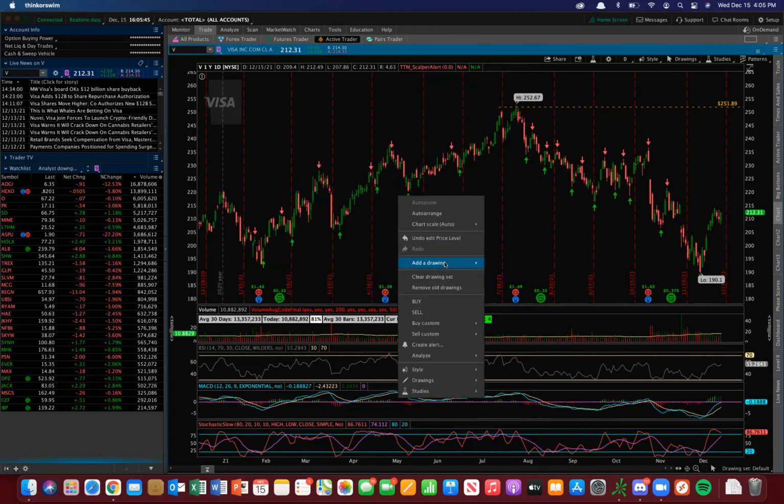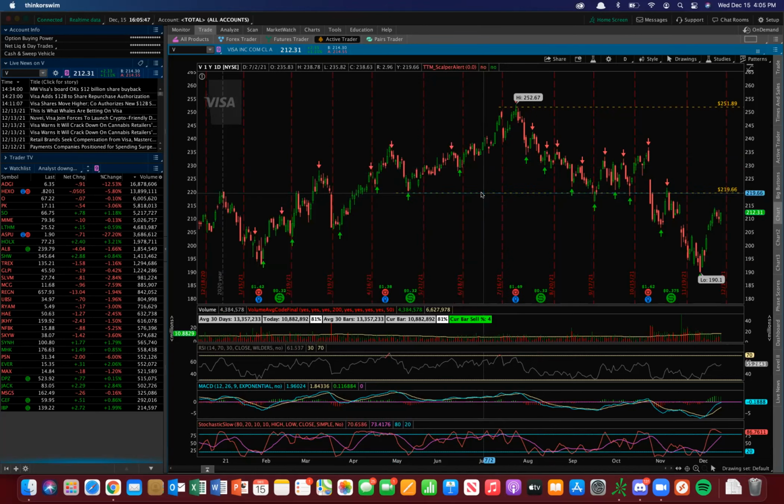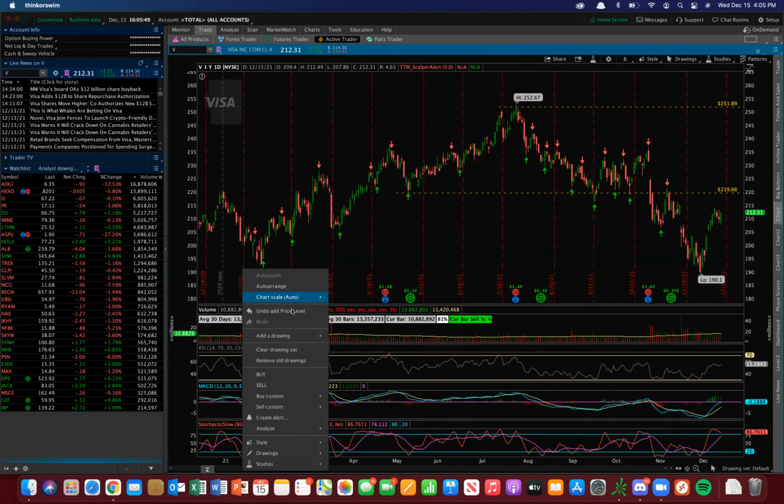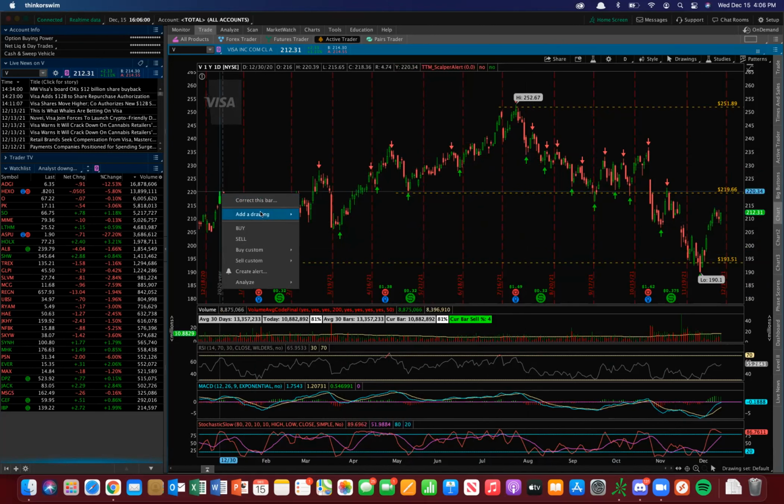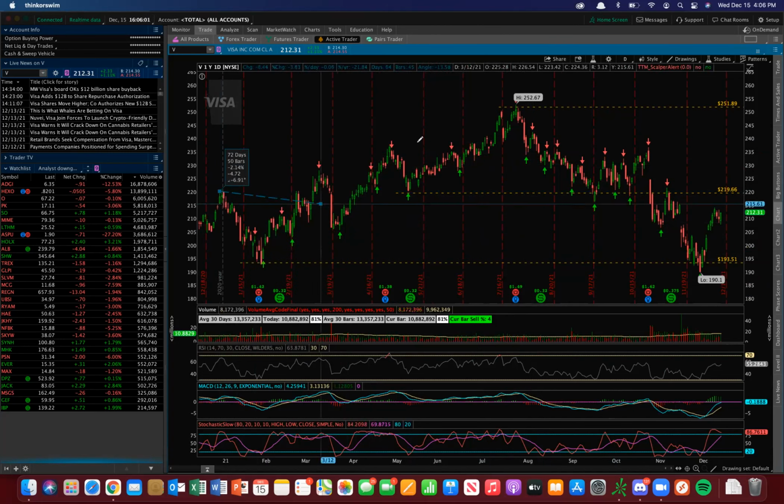Ever since you do that, right click, price level, boom, click, boom. Nice, potential support right here, bottoming. If it ever came down here, I want to be notified. You look at that, draw your lines, very simple. Now do the exact same thing for trend lines: right click, add drawing. Let's say you want to draw a trend line. I think by